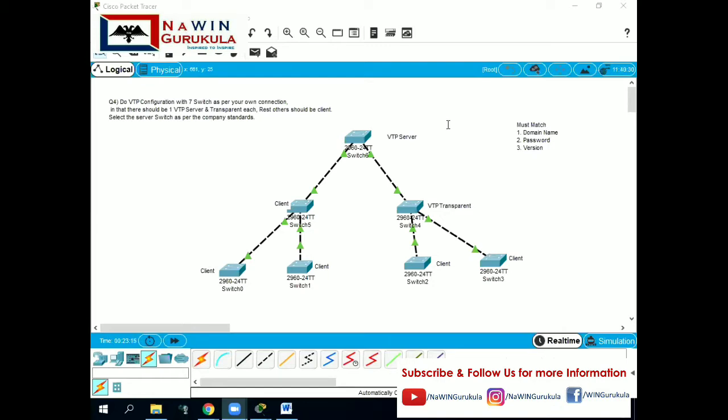routing protocol. So let's focus on today's question, that is, do VTP configuration with 7 switches as per your connection. In that, there should be one VTP server and one transparent each. The rest should be clients. Select the server switch as per the company standard.